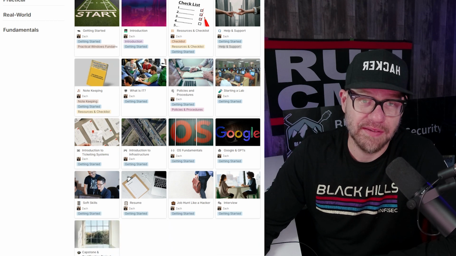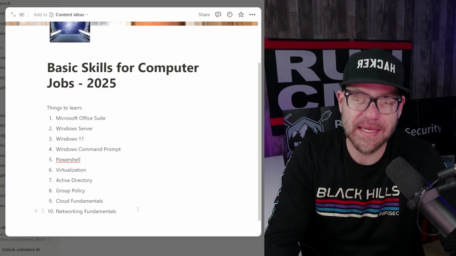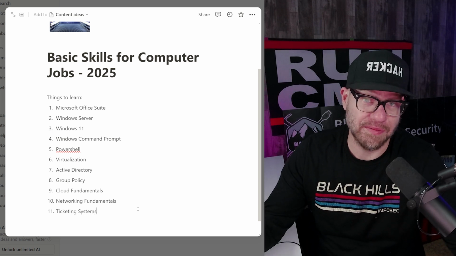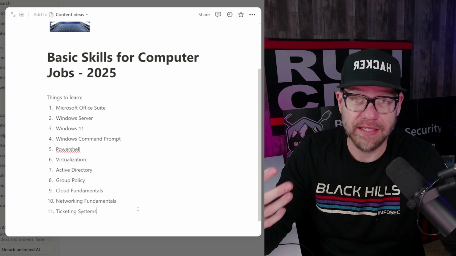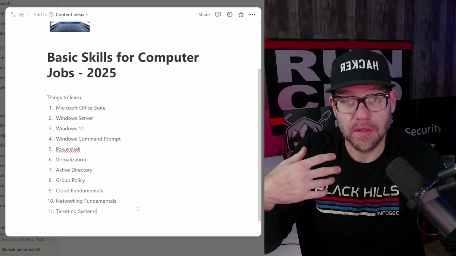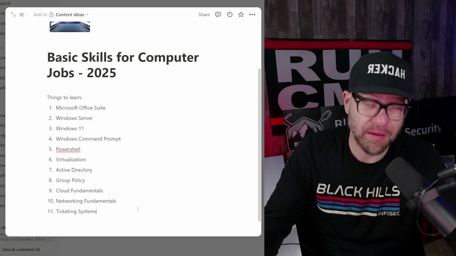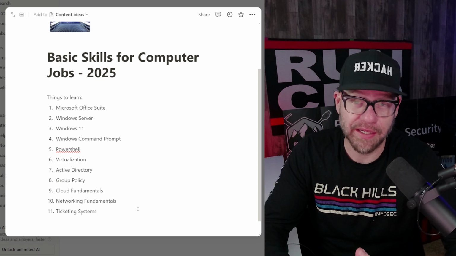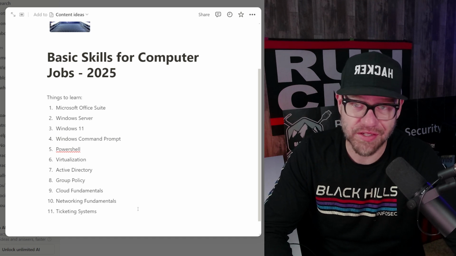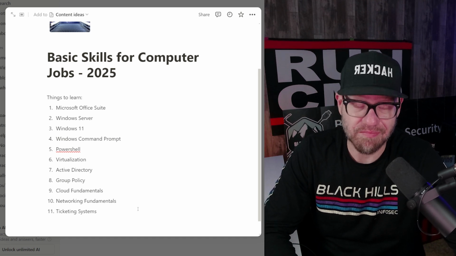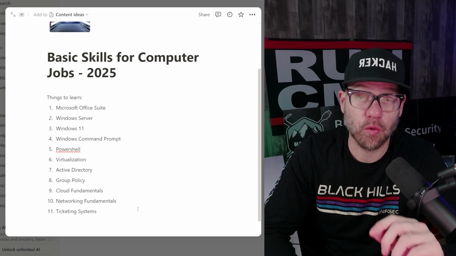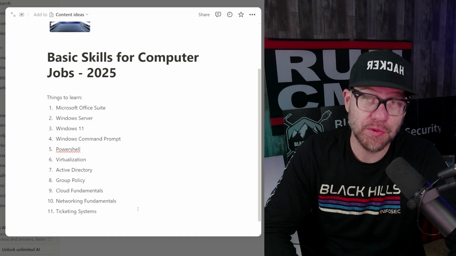Ticketing systems. If there's anything that I would add immediately to this list, it would be to learn ticketing systems. There are free and open source ticketing systems online that you can use to learn how to navigate through them, learn the basics of them, like learn about SLAs, service level agreements, just knowing and understanding that a ticketing system most often exists within an environment, and it's a great resource for you to utilize.